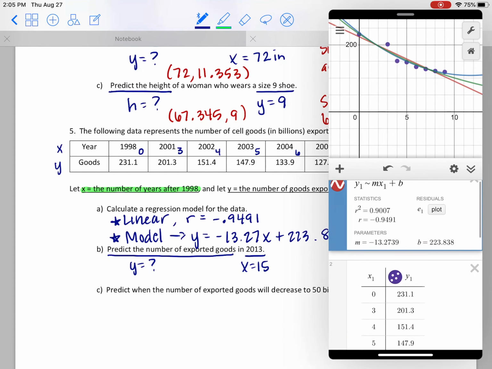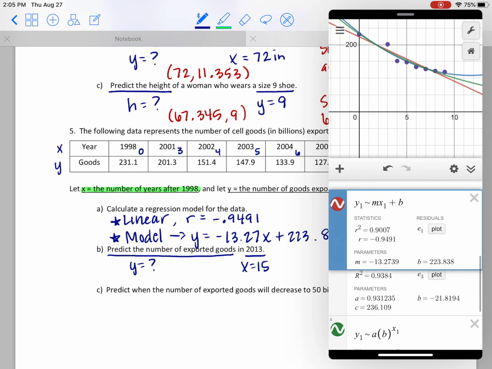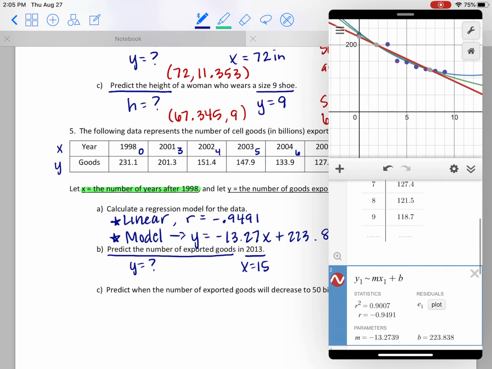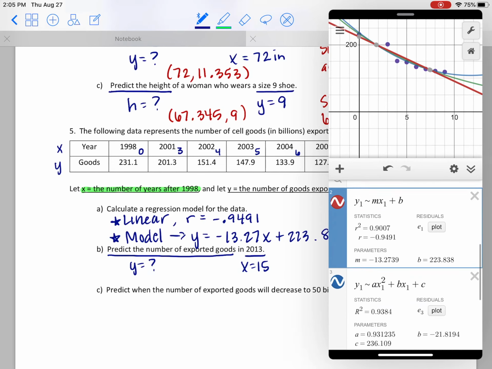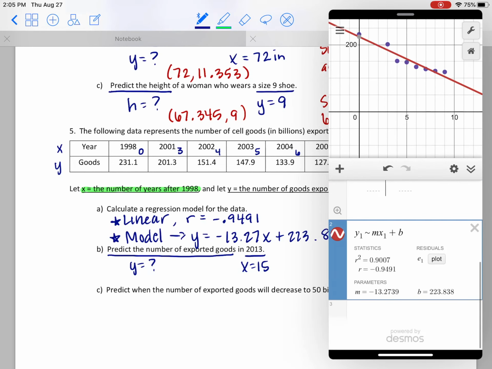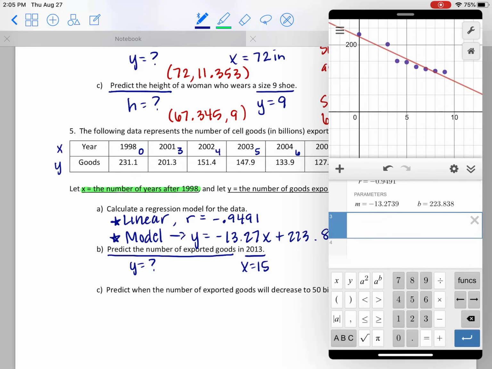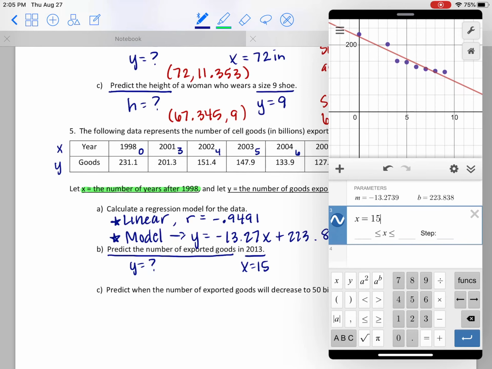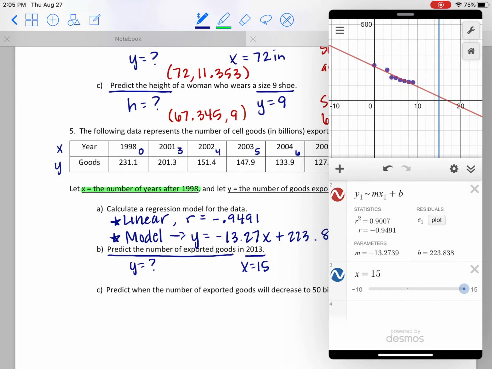So let me go back, and I'm going to leave. Okay, I just keep moving stuff around. Alright, let me get rid of this quadratic, because I don't need that anymore. Get rid of that one. So linear model's in there. Now, I know x equals 15, so I'm going to type that in, x equals 15, and it's going to be a vertical line there, and if I find the intersection at 15 and 24.729,